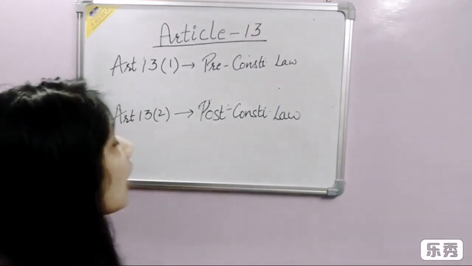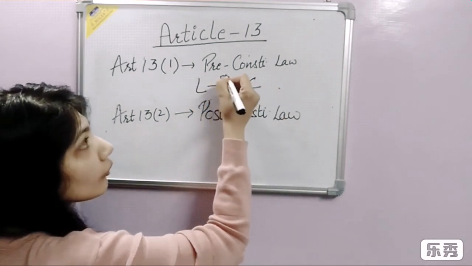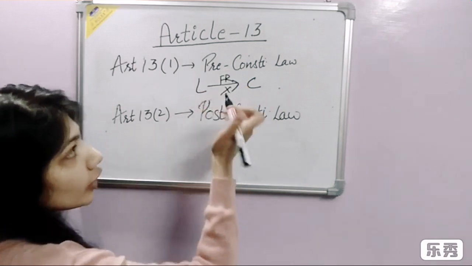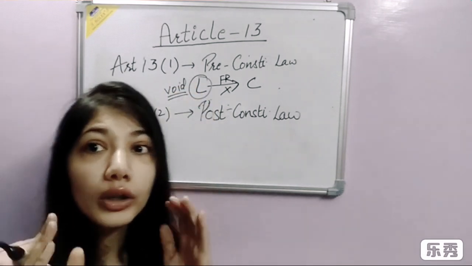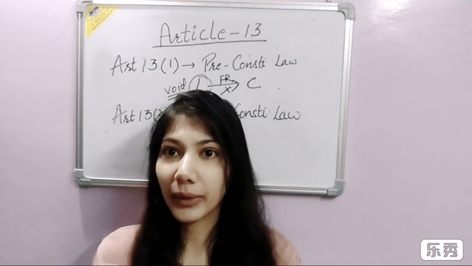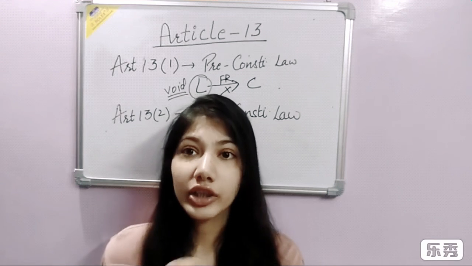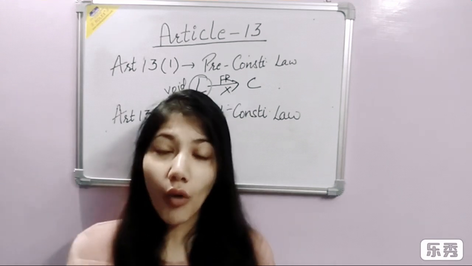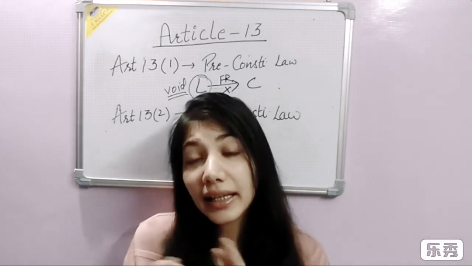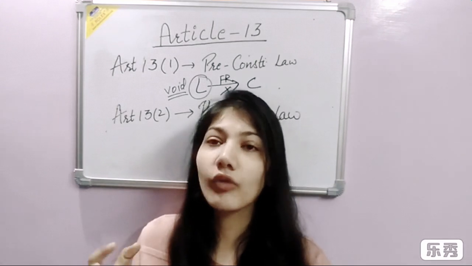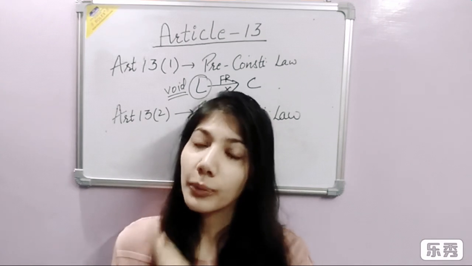For instance, if any law has been made before the constitution came and it is in violation of fundamental rights, then it will be declared void. It will be declared void only to that extent which is in violation of the fundamental rights. Rest will remain valid. Take another example, Section 303 of the Indian Penal Code. It was valid before the commencement of the constitution, but it was declared invalid because it was in violation of the fundamental rights. So this was held in Mithu versus State of Punjab.